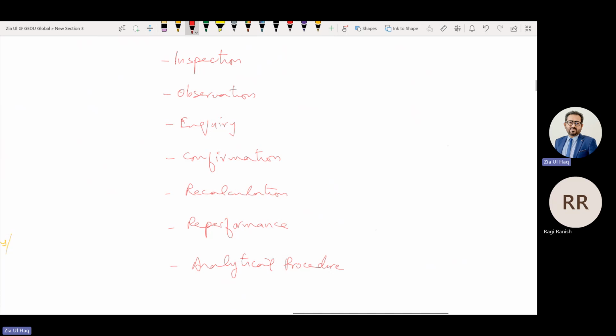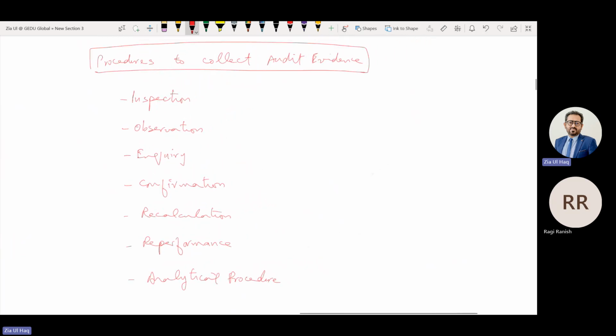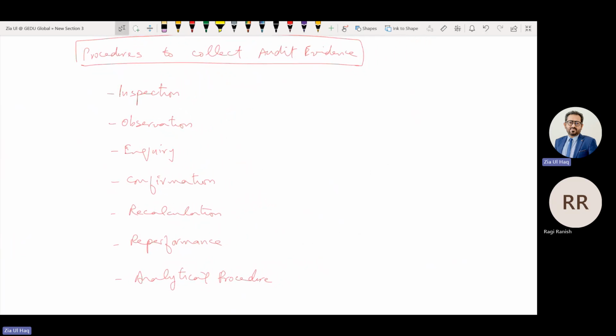These are the seven actions that the auditor performs to collect audit evidence.